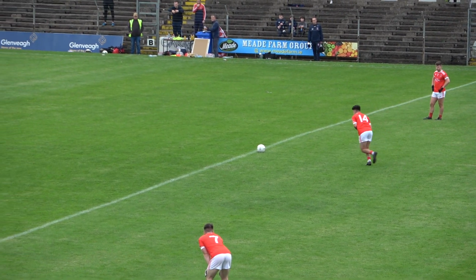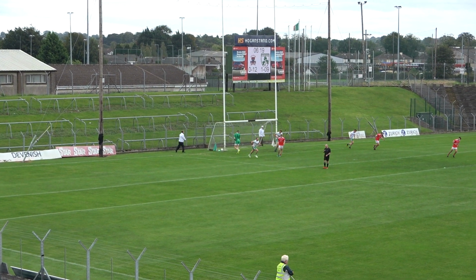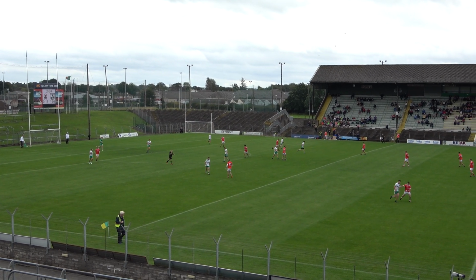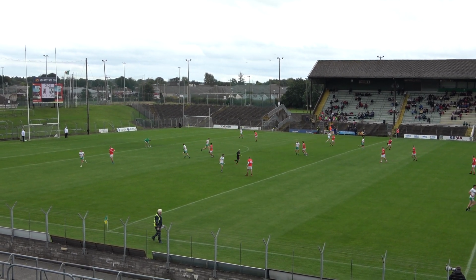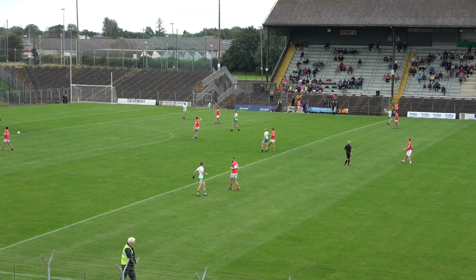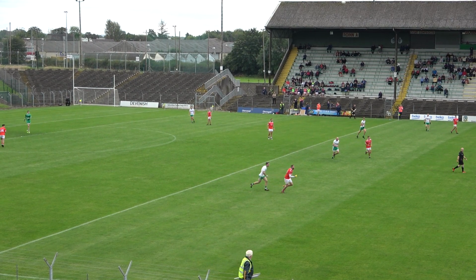Lynchy with the 50, steps up, kicks it nicely. Is it curling too far? It is a curl too far to our side of the field, if you understand me. Curled away with the wind, wide on the left hand side of the post as we look at it. Only Trim's third wide, Lynchy's second, and the kick out comes long this time again from Philly O'Brien towards